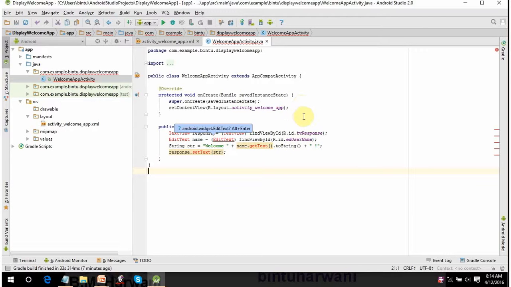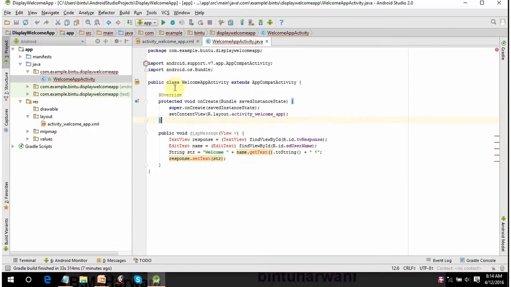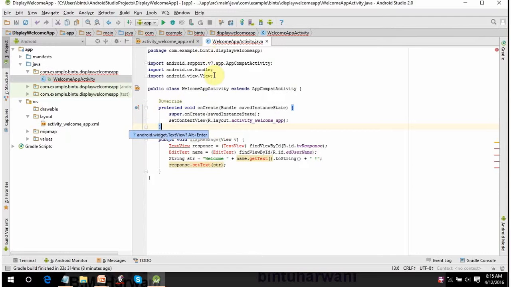But here your program is giving you certain errors on these three lines, like it is unable to identify what is View. So you have to import certain libraries here. Initially you got two libraries here, but it is asking you to press Alt Enter to import the library. So let's press the Alt and Enter keys. This library is included and this error is gone.